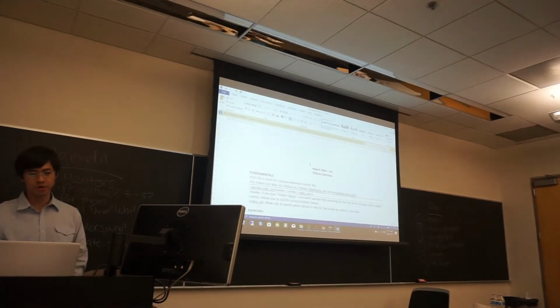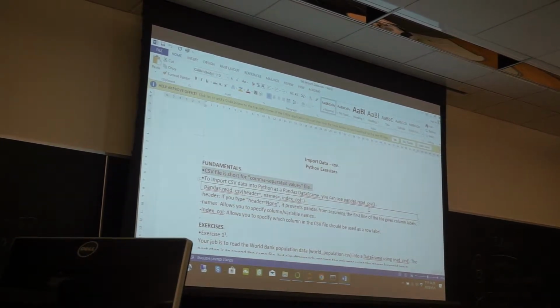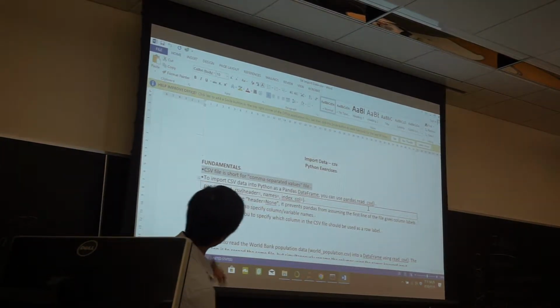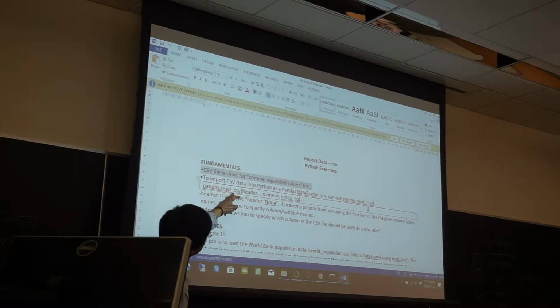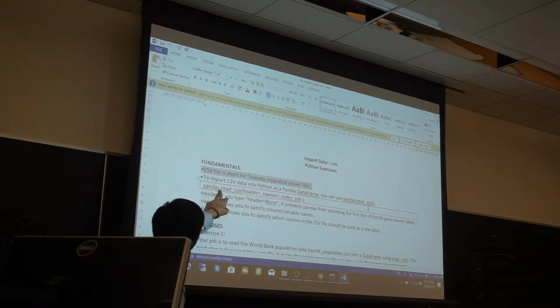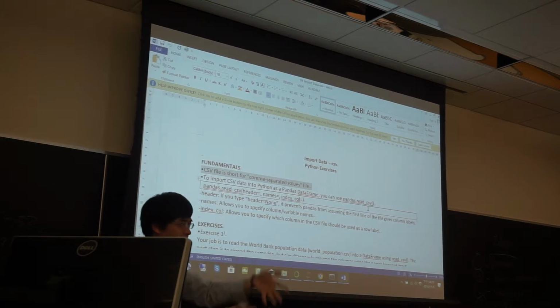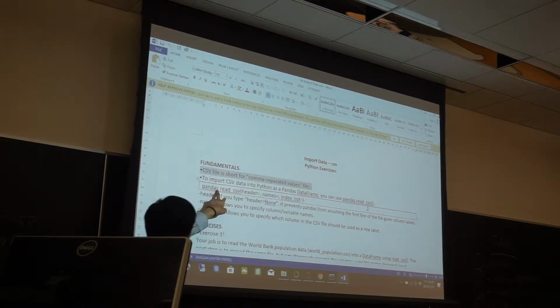Let's go back to the very top of the handout. So I introduced CSV files to you in our lab, so I won't spend time on that. Basically, this is the template for importing CSV files into Python. If you don't say import pandas as pd, then every time you have to type pandas.read_csv, right? If you define that, then of course it will be